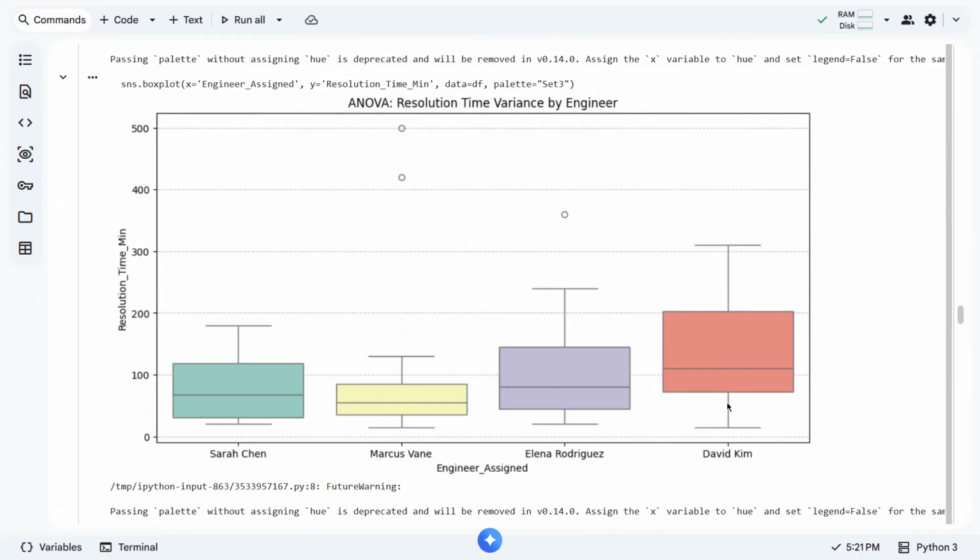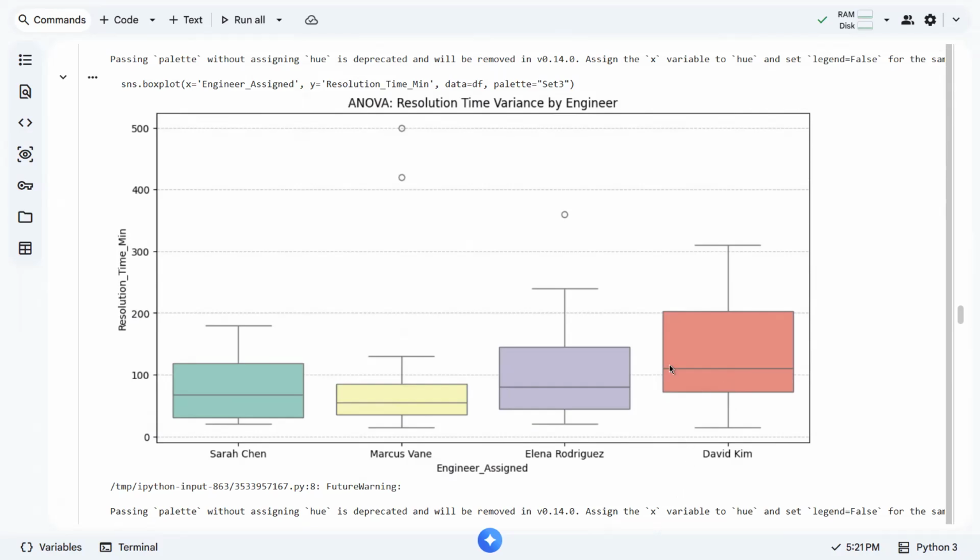So there must be something wrong with David Kim. Maybe he is assigned something that he is not capable of. Or maybe there are issues that are supposedly his, but due to wrong ticketing or wrong assignment, he received the ticket late. Or there are some things that prevented him from resolving the issues immediately.